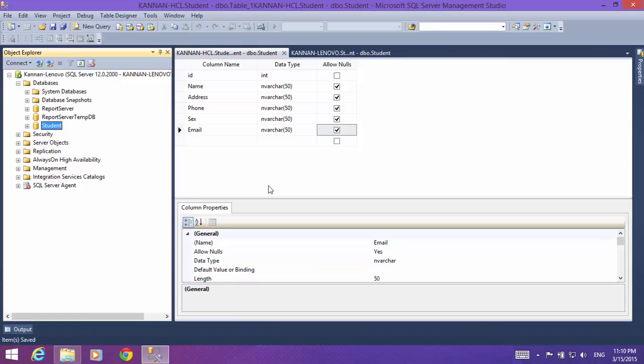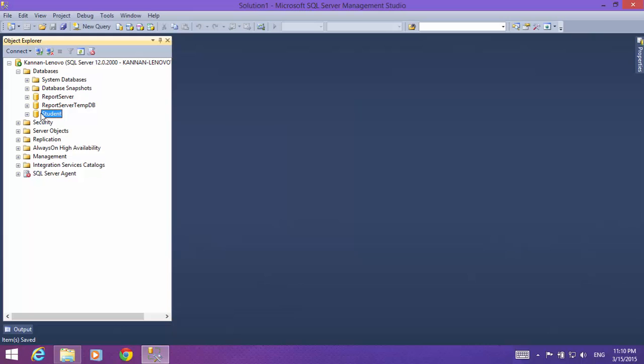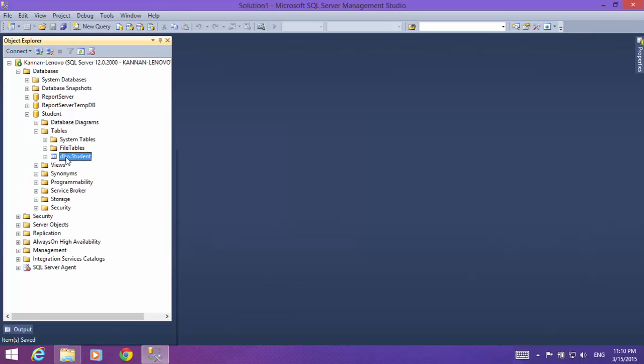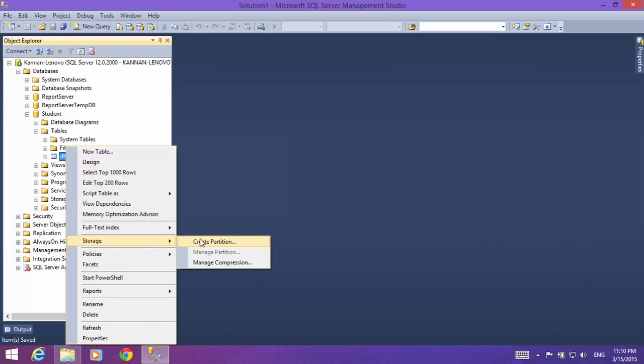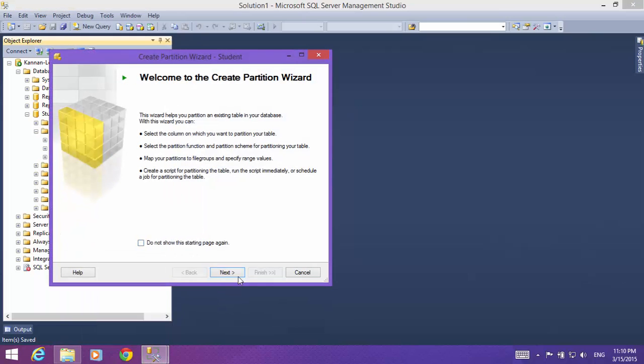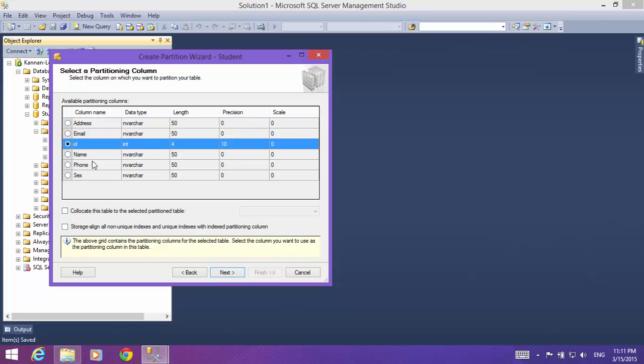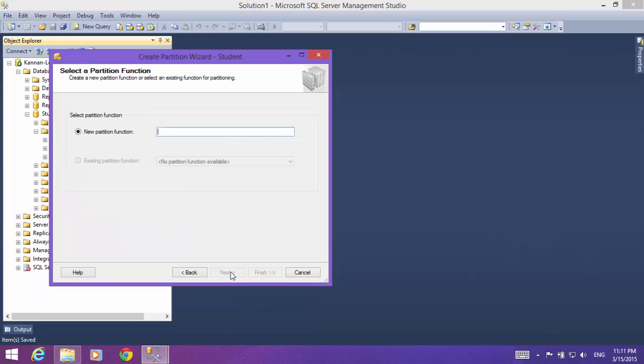Okay, go to close that window. Now go to the table, right click it, go to storage, create a partition, click next. Select which column you are partitioning by, click integer. So if the id value is greater than 5 or some condition, it splits the data. Next,